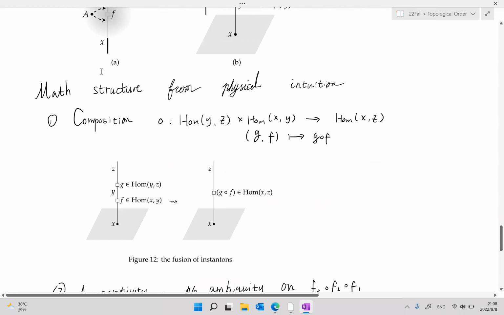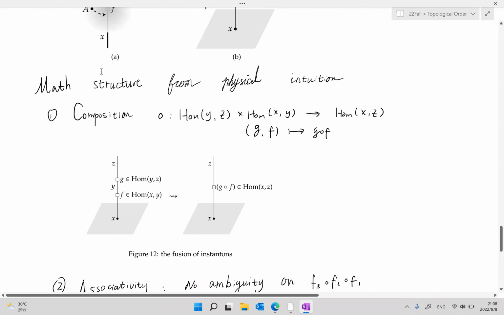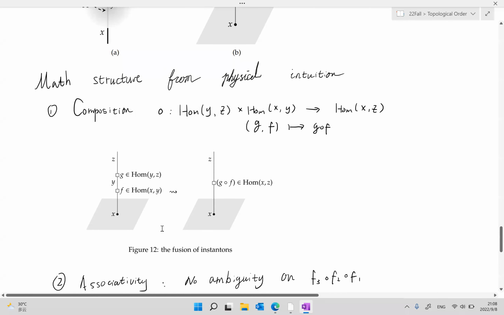So here we want to show the mass structure, the category structure, from some physical intuition. These notations are all from category theory. It's figure 12. It says that,